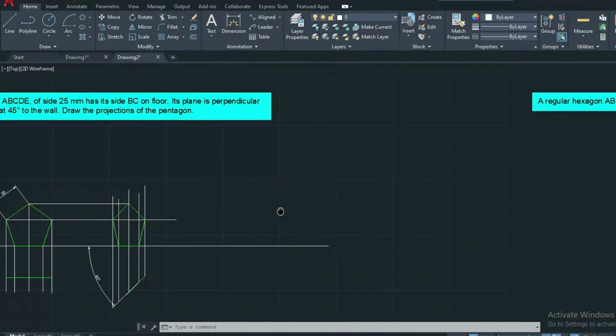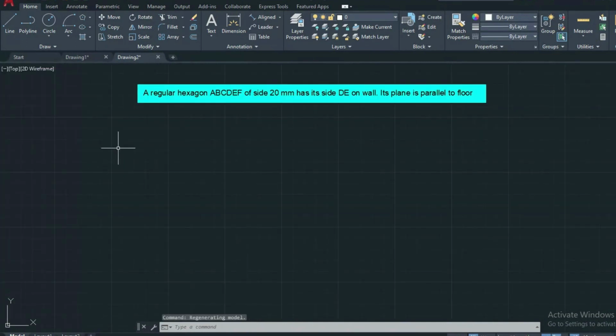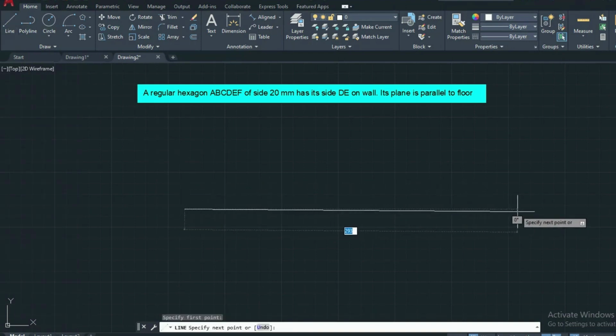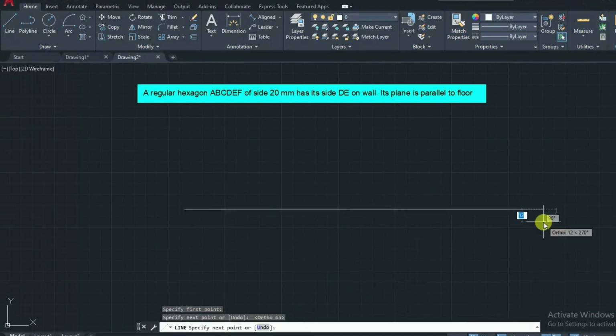Similarly, the second problem: a regular hexagon, 6 sides, so go to polygon, of base 60 mm, has side DE on the wall, and it's placed parallel to the floor.